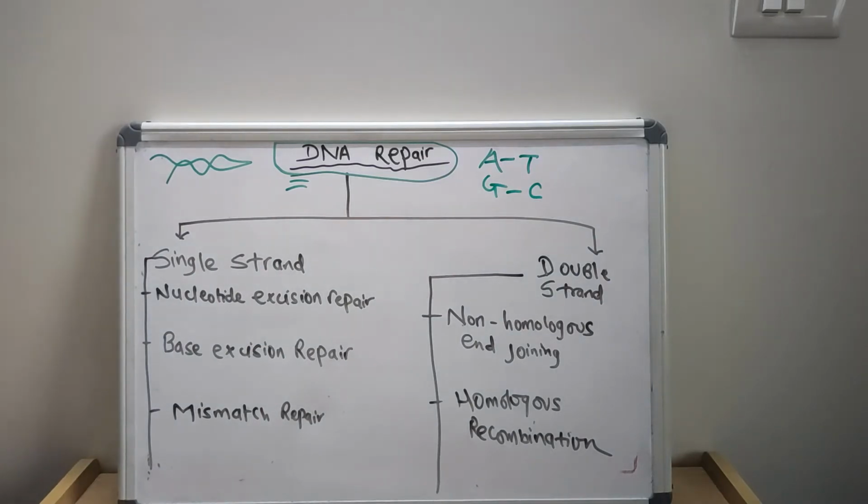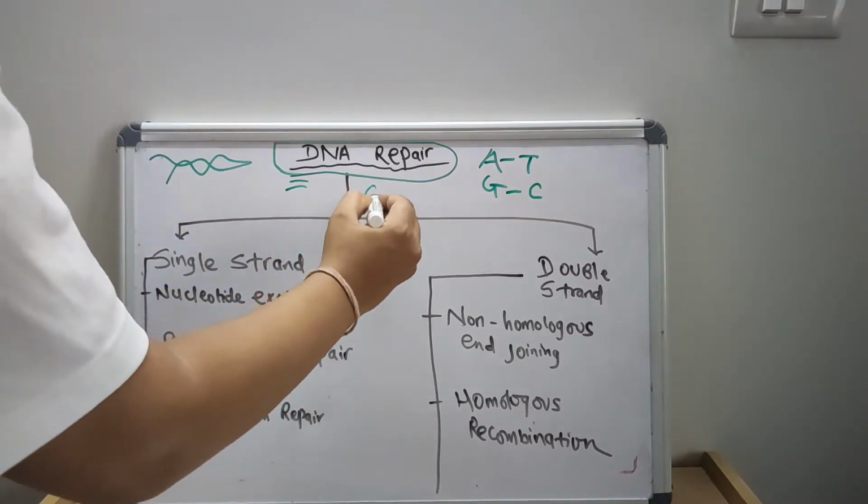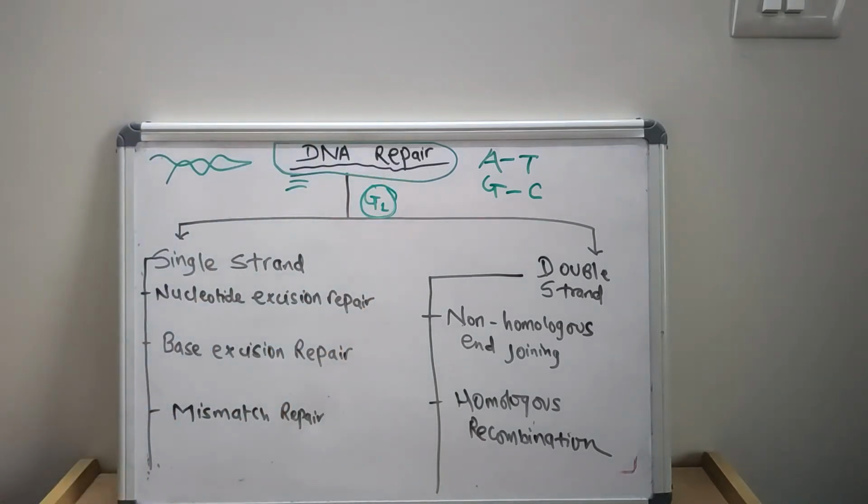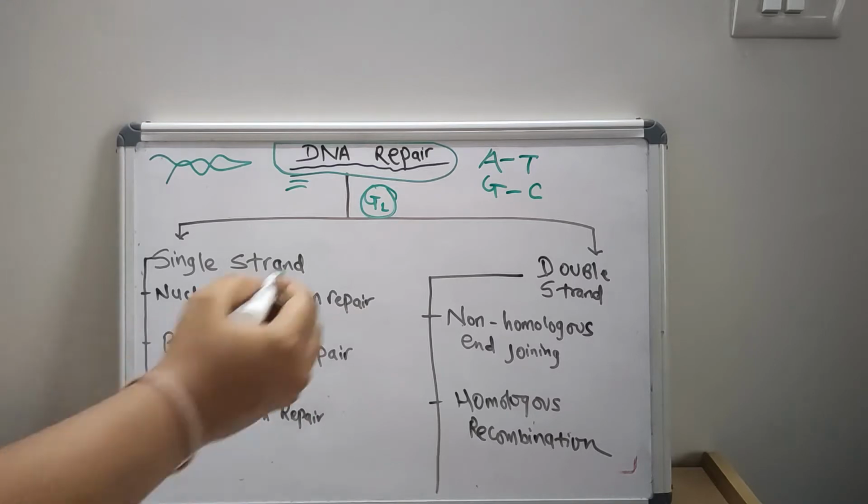So multiple repair systems have evolved, allowing cells to maintain the sequence stability of their genome. If cells replicate their DNA using a damaged template, there is a high risk of introducing stable mutations into the new DNA. Thus, any defect in DNA repair carries an increased risk of cancer. Most DNA repair occurs in the G1 phase of the eukaryotic cell cycle, but mismatch repair occurs in the G2 phase.